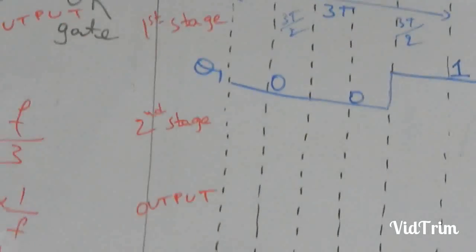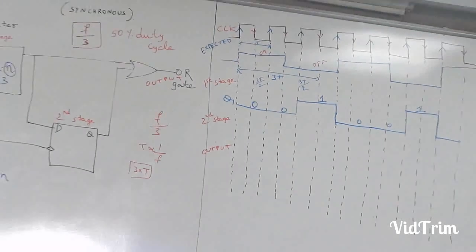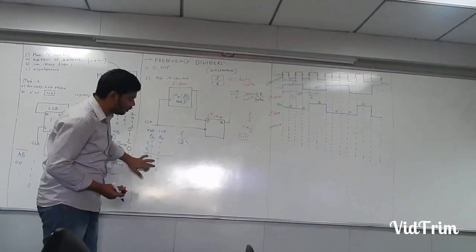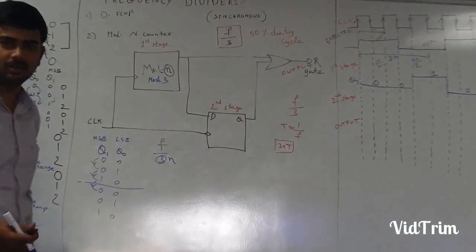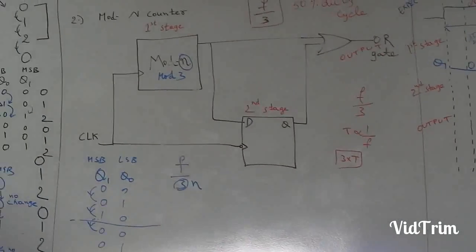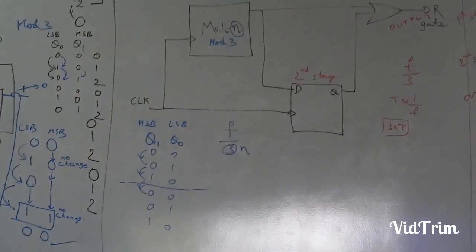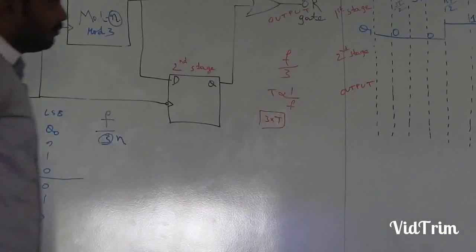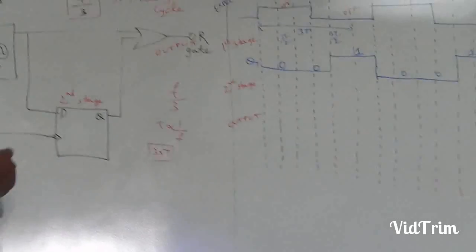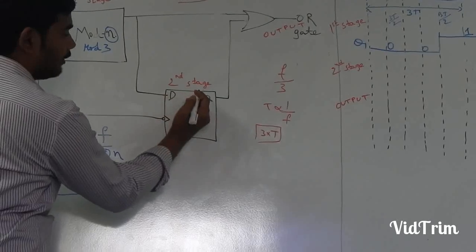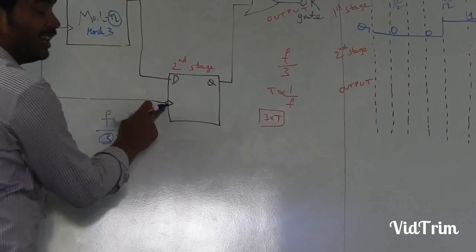For every 3 clock pulses it repeats like this, this 0 0 1 repeats for every 3 clock pulses. Similarly the 0 1 0, 0 1 0, for every 3 clock pulses it repeats, and that's what is called a mod counter. It counts from 0 to n minus 1, and for every n clock pulses the sequence repeats. And now I told you, the output of the mod counter is given to a clock and it is captured at the negative edge,